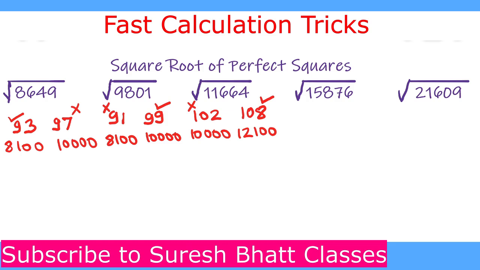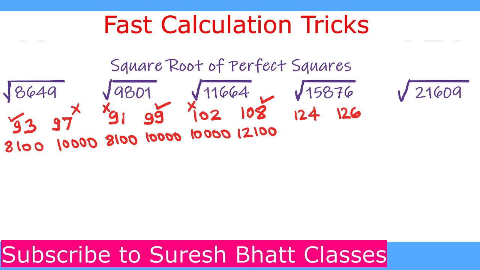The square root of 15,876, this number ends with 6. Hence its square root must end with either 4 or with 6. After leaving last 2 digits, the number is 158, and we have to find out the number which is close to 158 and is a perfect square, and that number is 144, and the square root of 144 is 12. So we write 12 with both the numbers. So the square root of the given number is either 124